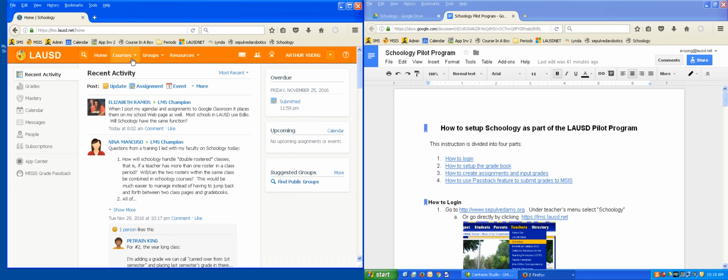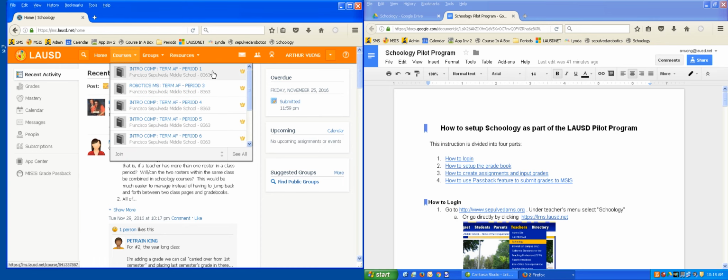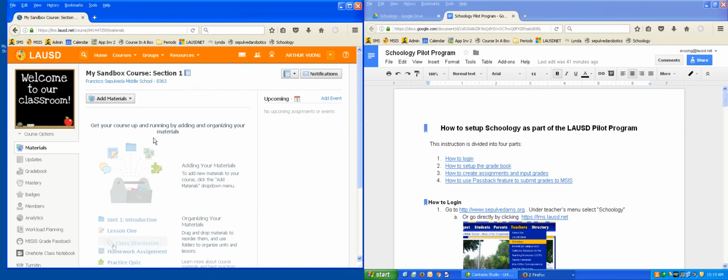It is created under course. If you click on it, you're going to notice all your classes are there. The only thing is that these classes won't have any students there yet. Scroll all the way down to the bottom and select My Sandbox Course. Remember, this is just a mock class and you can just change the settings and nothing will happen to your